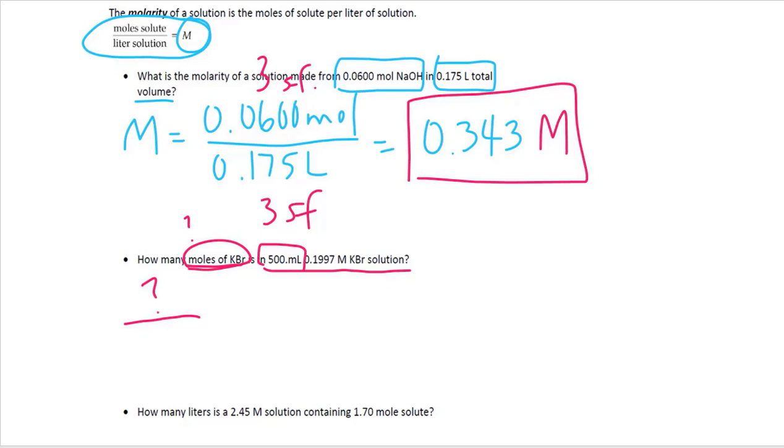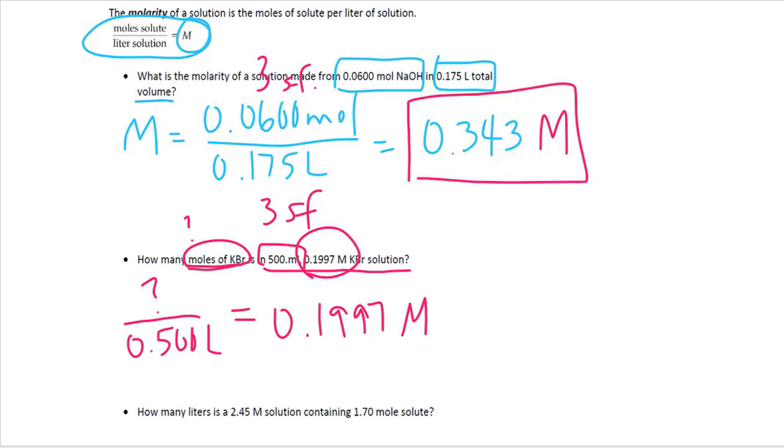My liter solution on the bottom would be 0.500 liters of solution. And we know moles divided by liters gives molarity, and molarity here tells us 0.1997 molarity of potassium bromide solution. So now we just need to find our missing variable. To do that, to get rid of this denominator, we're going to multiply both sides by that number,